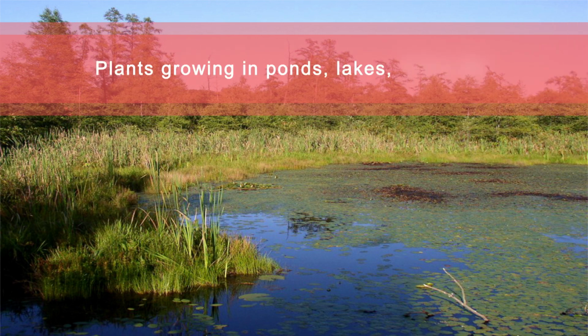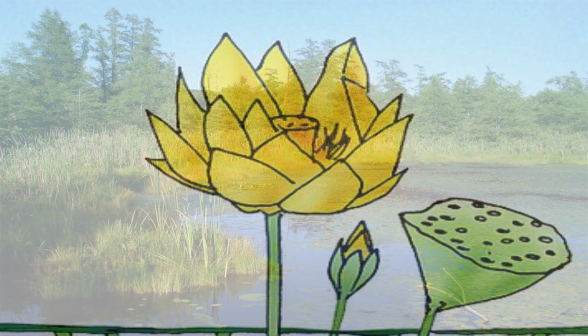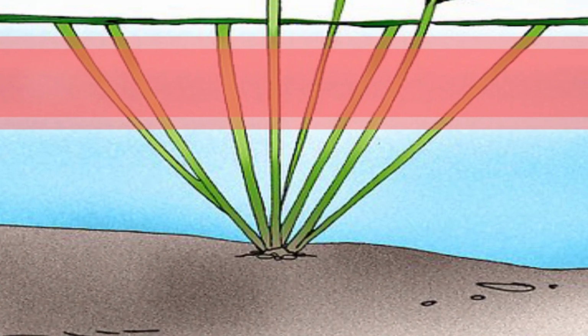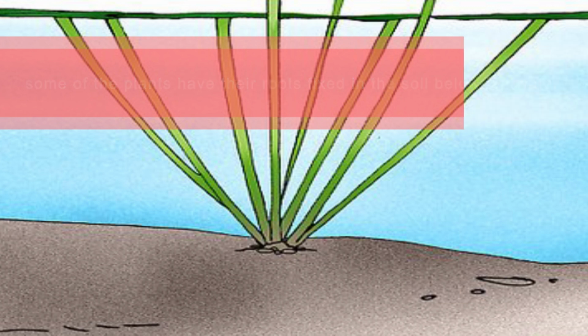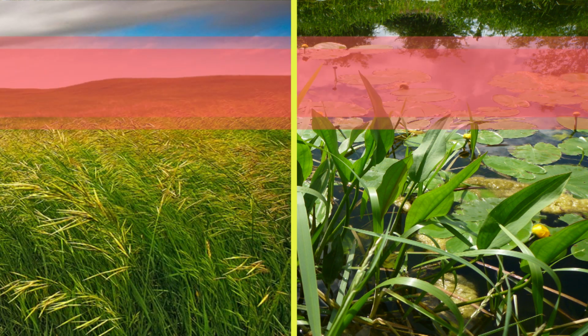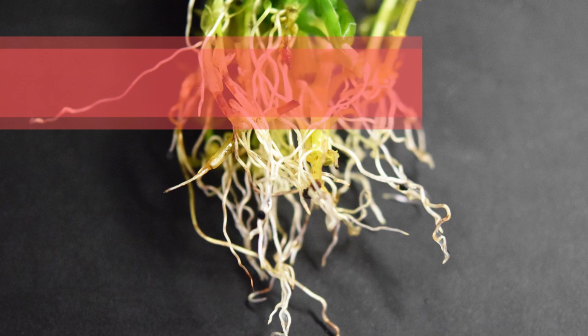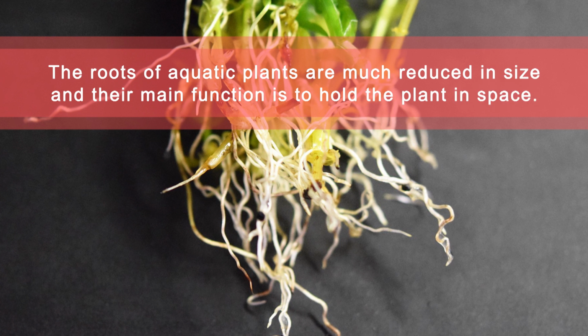Now have a look at the ponds and lakes and the plants and animals living inside them. You must have seen plants growing in ponds, lakes, rivers, etc. How are these different to the plants that we see on the land? Some of these plants have their roots fixed in the soil below the plant. Unlike terrestrial plants, in which roots carry out the function of absorption of nutrients and water from the soil, the roots of the aquatic plants are much reduced in size, and their main function is to hold the plant in